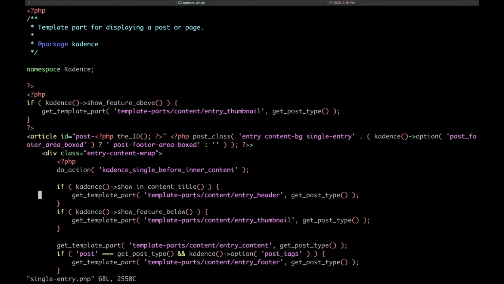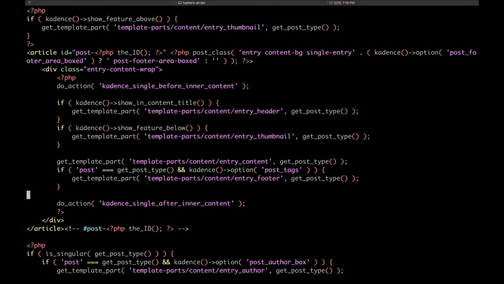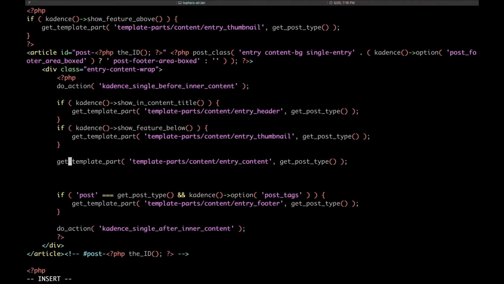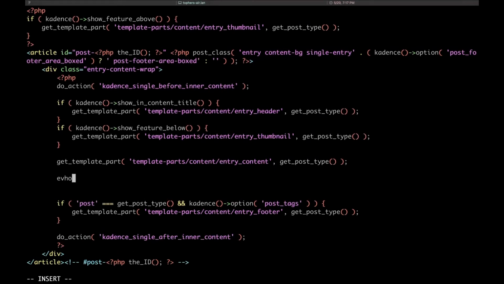So this looks a little bit scary, but the thing to learn about all templates and all themes is the part that renders the content is always called the content. So you can see right here, it's entry content. Right below the entry content, I'm going to echo a little HTML in there. Get field, author first